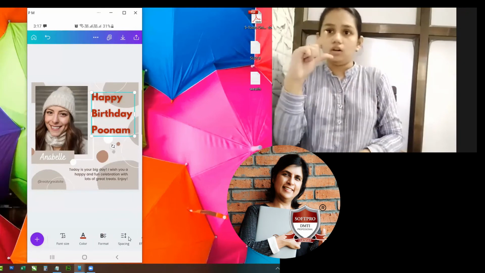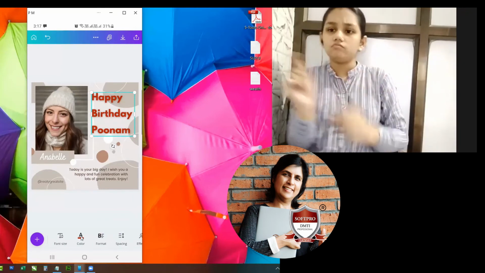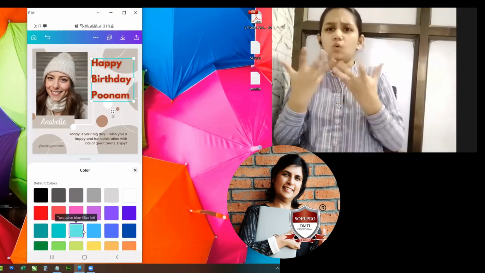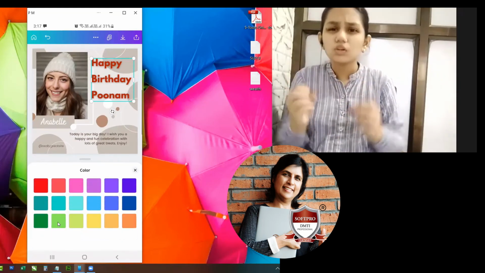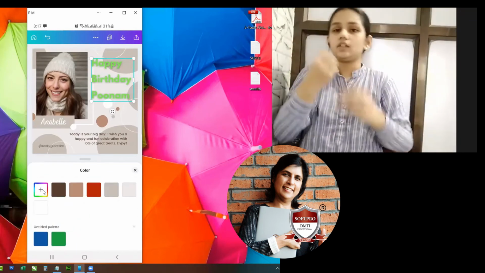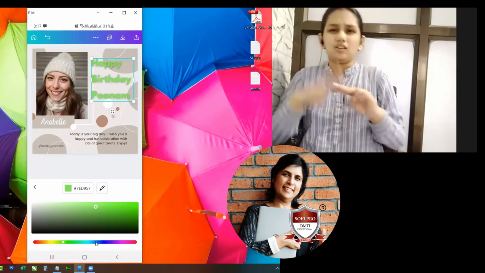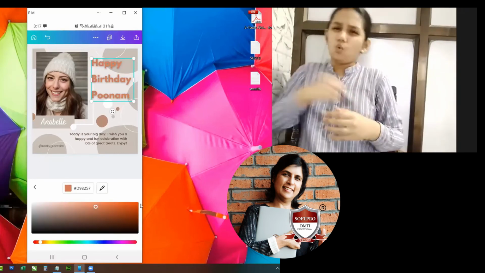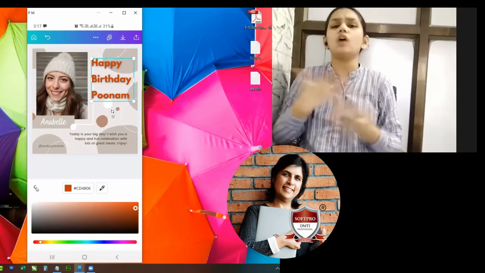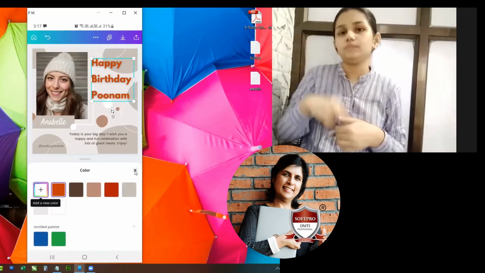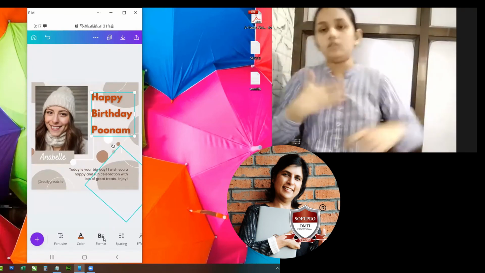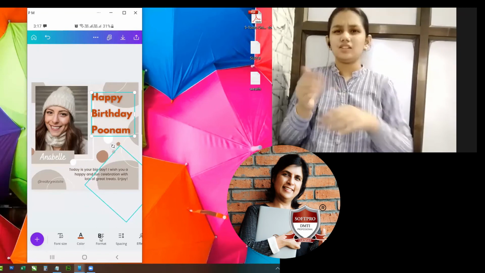Right? Then I'm going ahead. This is my color palette. Here, if I don't want these colors, I can go down and look for more colors. If I don't like these colors, then I can go up and make my own color as well. Plus, and I can make my own blue color, I can make my own red color, whatever I want I can do. The complete color palette is for me. Then I'm coming to format. So all this is revision for you.